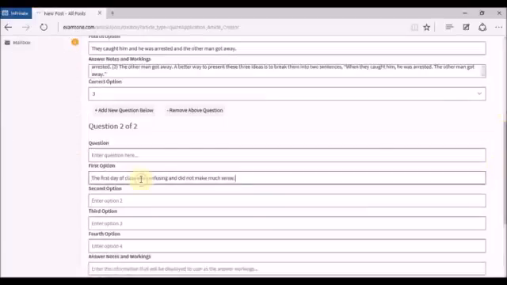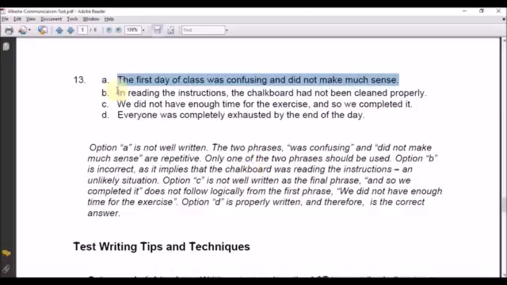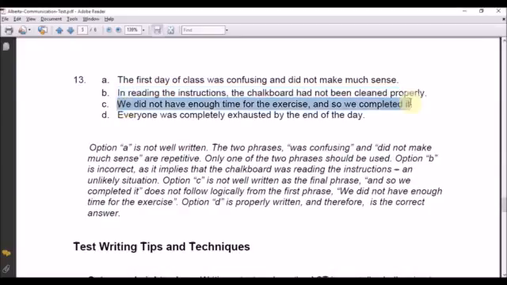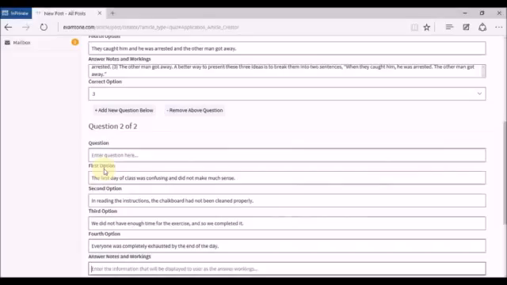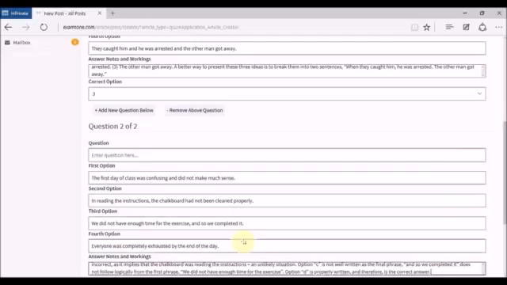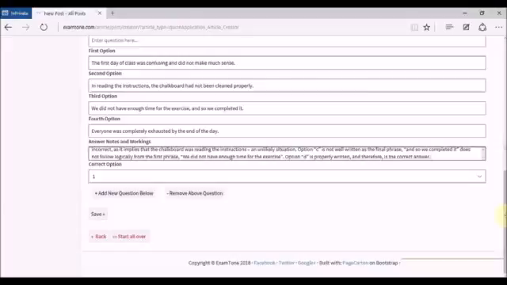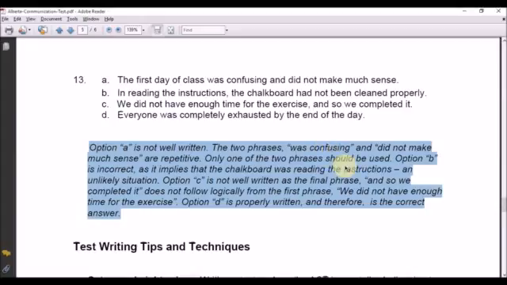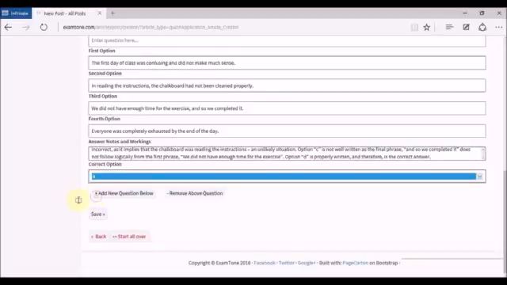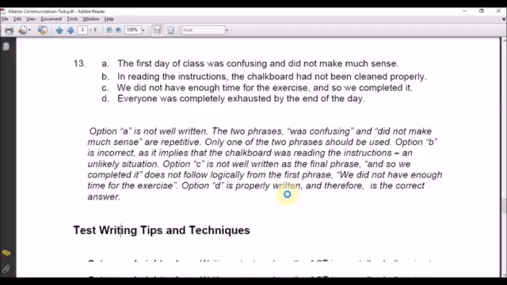The first option, the second option, the third option, fourth option, the answer notes. Now the correct option is option D. So we go straight. This is the last